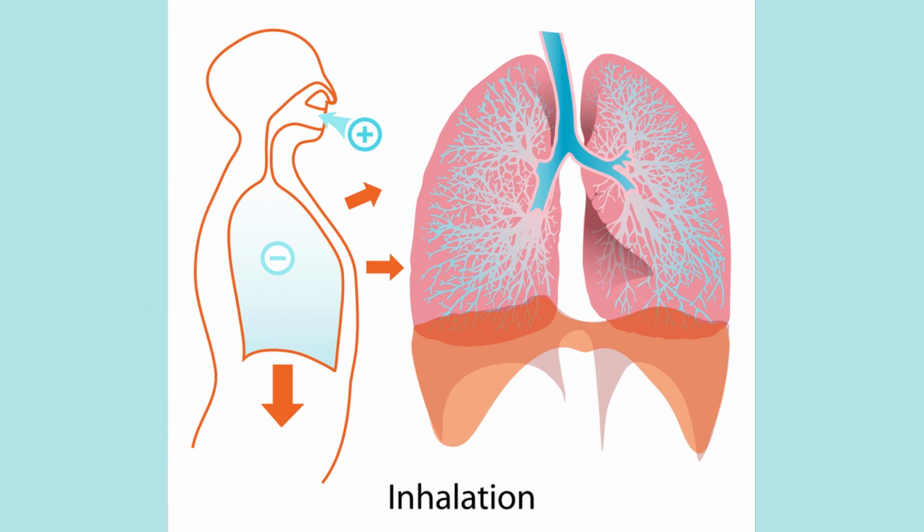Now we're going to talk about the diaphragm and its role in the mechanics. The diaphragm basically contracts, and when it contracts it moves down. As it moves down, it creates a negative pressure inside the chest cavity. When it creates a negative or suction pressure, the chest cavity pressure has decreased. Now air moves along a gradient from a high pressure to a low pressure. So air from the outer atmosphere, which is positive, is going to move inside. Basically our lungs get filled during inspiration or inhalation when our diaphragm contracts and the negative pressure is created and the air moves inside.